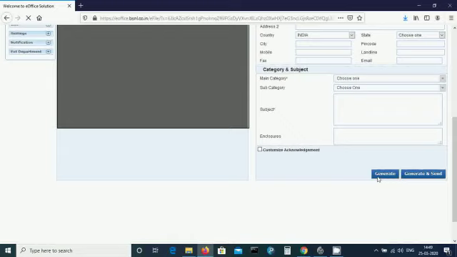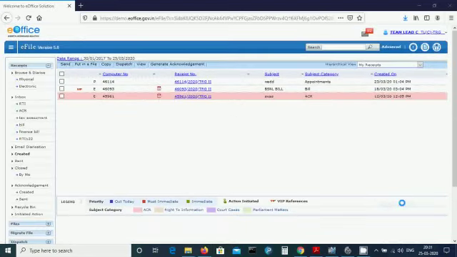Customize acknowledgement. This is a provision to acknowledge the sender who has sent the doc or a letter that has been received in the organization. The generated receipts are saved in the created submodule till they are marked to the other user. After clicking the generate button, a receipt is generated with a unique receipt number. The receipt is present in the created submodule.